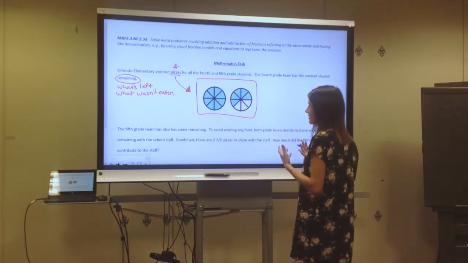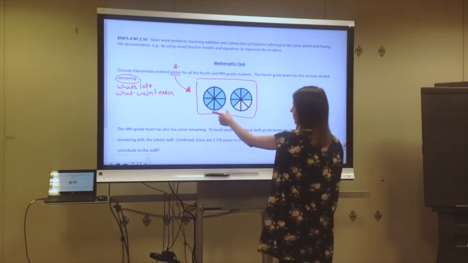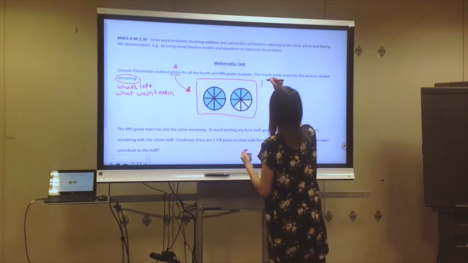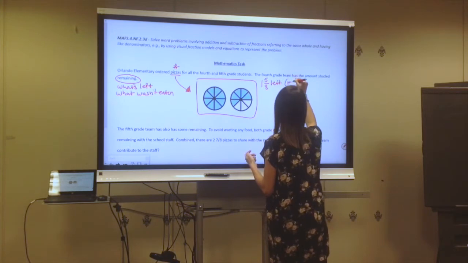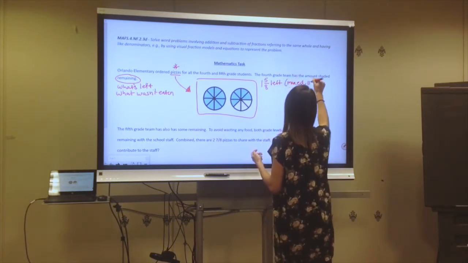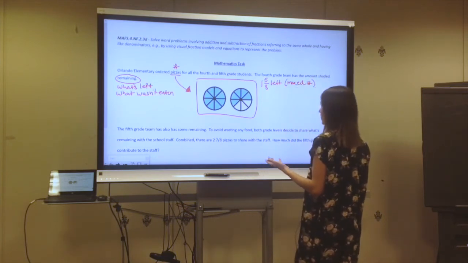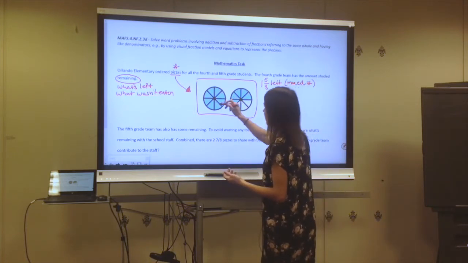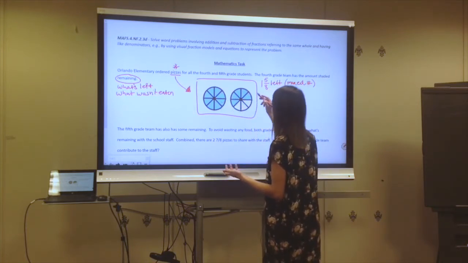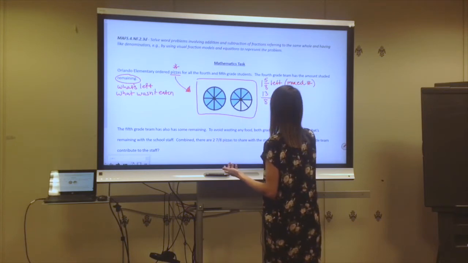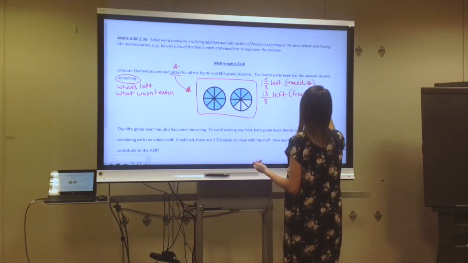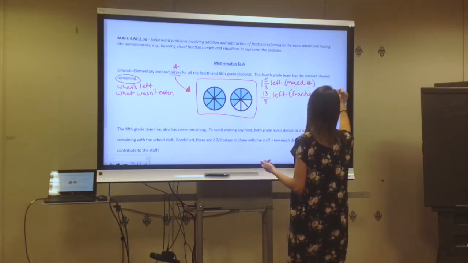So immediately, my thoughts jump to a mixed number, which is to see that one whole is completely shaded in with 5 other pieces out of 8. So that would be 1 5/8 left. And I know that my 4th graders know this would be a mixed number. But even since 3rd grade, we've learned about fractions greater than 1. So I could also visualize this as 8/8 plus another 1, 2, 3, 4, 5/8, which is a total of 13/8 left. And that's just a fraction greater than 1, which is also an appropriate way